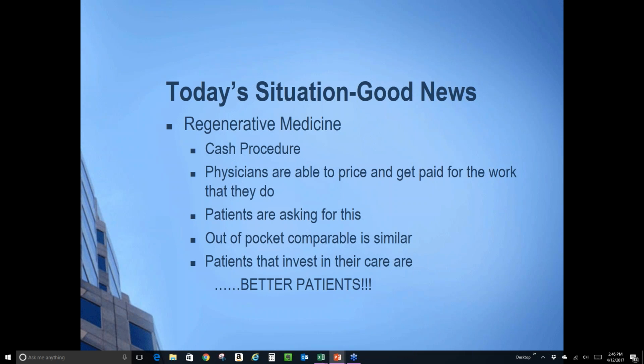And that's why you need to know the tool, you need to have all of the evidence, where they're at with the deductible, what the allowables are for their payer, what you're planning on doing, so that you can actually go in and talk to this patient and have a real conversation with them about their care. And what we know for certain is that patients that invest in their care are better